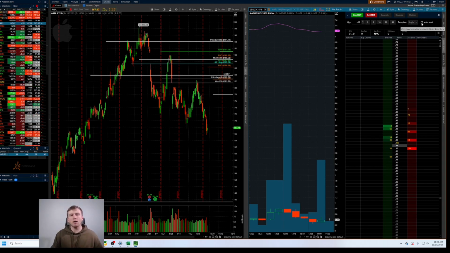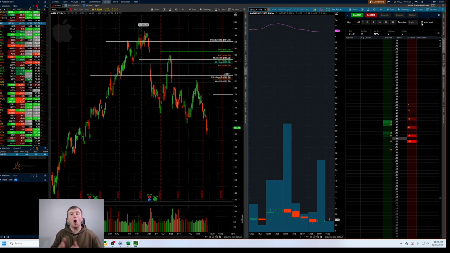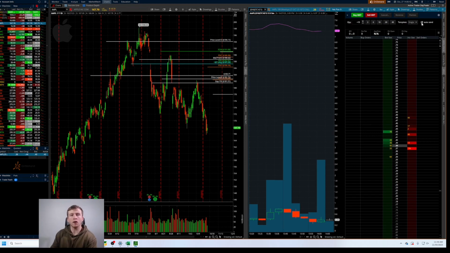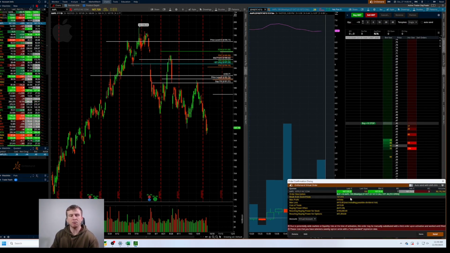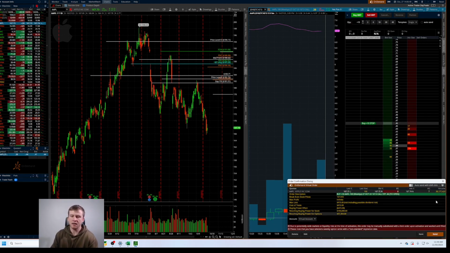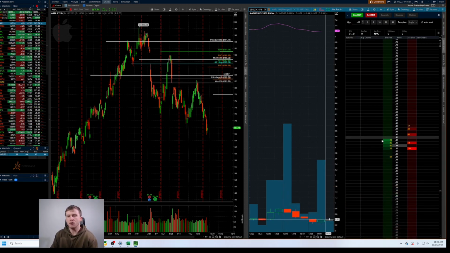When you click this auto send box and you have that checked, it will automatically send in an order for you right away without a confirmation screen. So if you have it unchecked, it's going to bring up this box. Are you sure you want to send it in? Then you would hit send. Notice if you do this and then all of a sudden you go to buy it, there it would buy